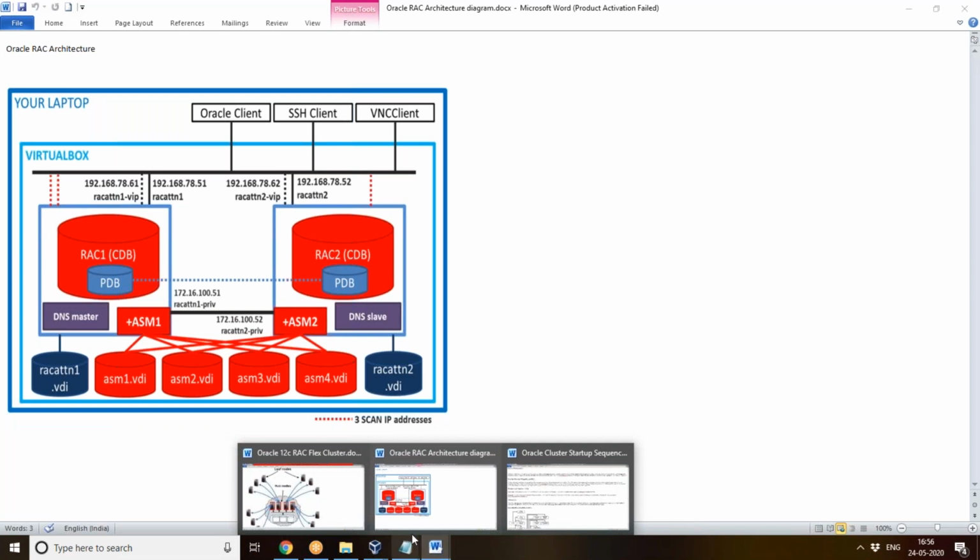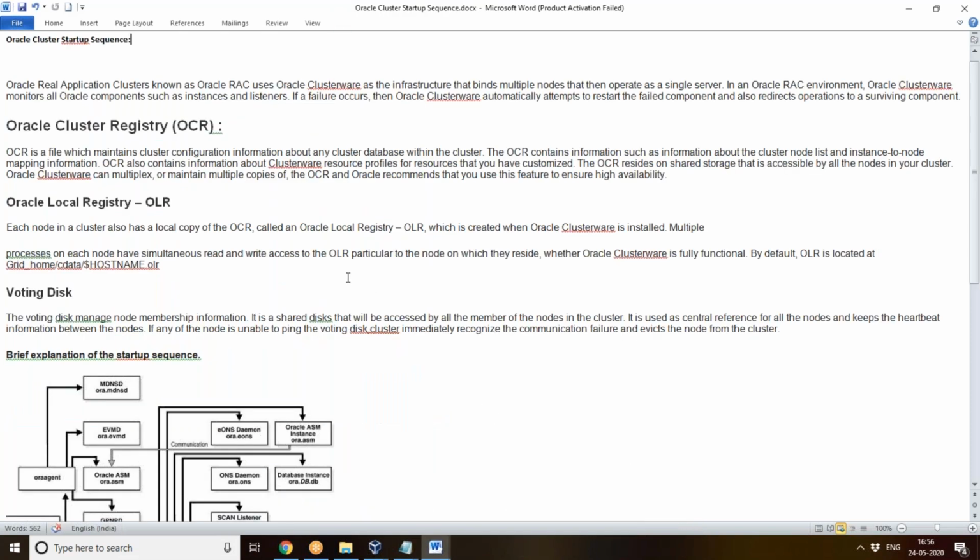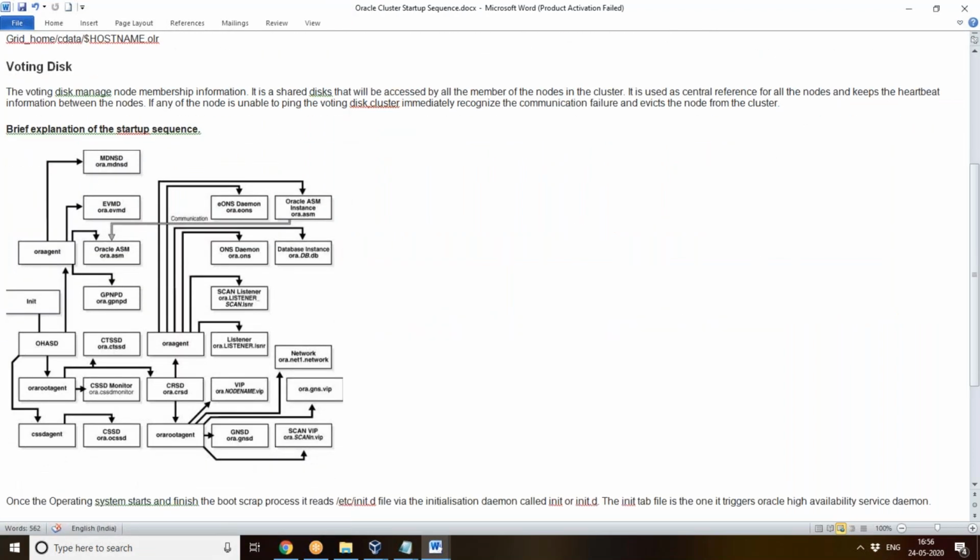So what happens here is, whenever your ASM is getting started, that is, your cluster has to be started, and you give crsctl start cluster, these are the things that happen inside. This looks somewhat cumbersome.